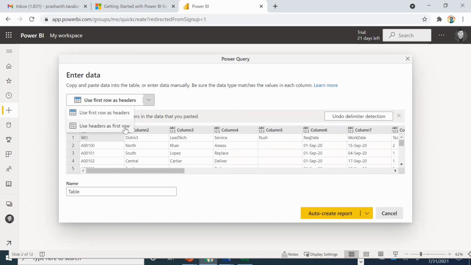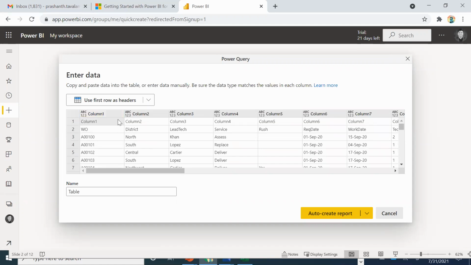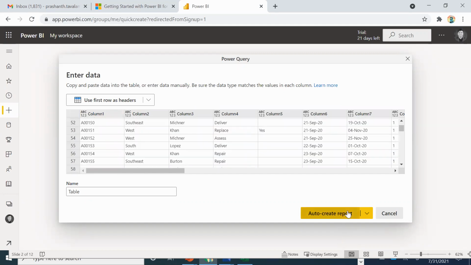I want to use header as first row. Okay, what happened? Now I was able to paste this information because it's a small amount of information.